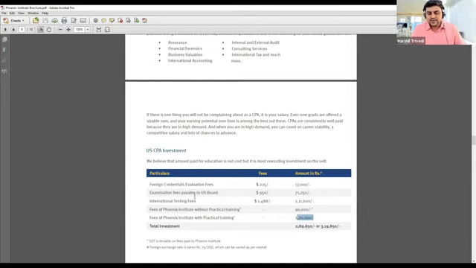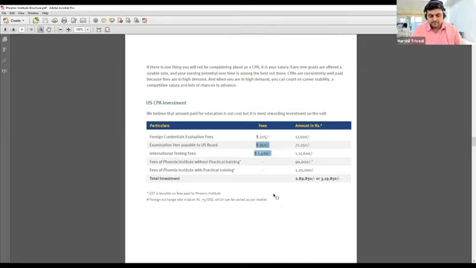selection of parameters. Right now we are selecting the agency NIES, but there are a couple of other agencies as well. If you select FACTS, they charge a $100 fee for the evaluation. So this fee can be reduced as well. It depends upon the state board and the agencies. But yes, these fees will remain fixed if you are doing a CPA. Wherever you go, these fees remain the same.